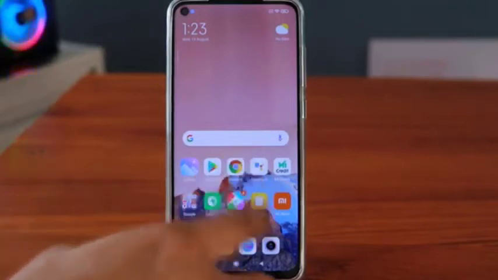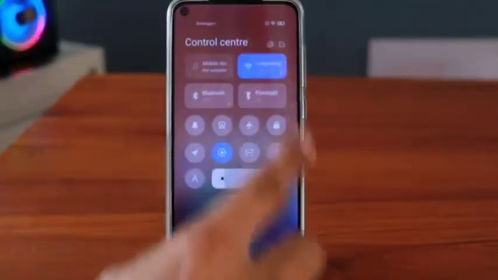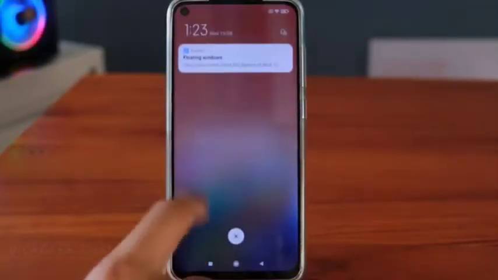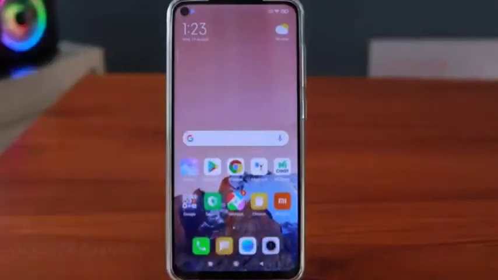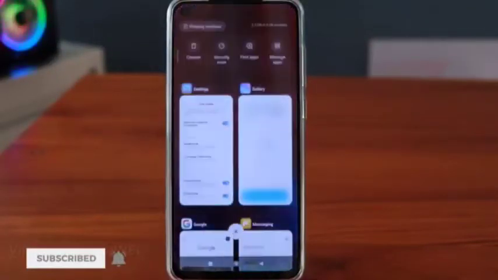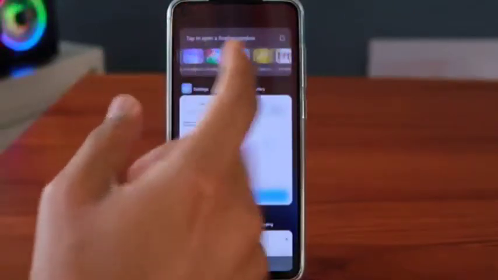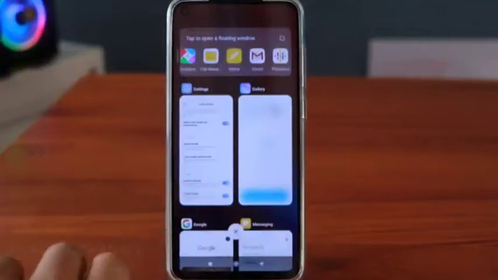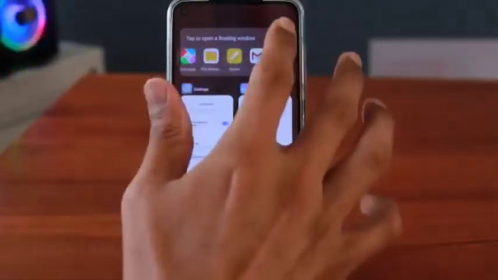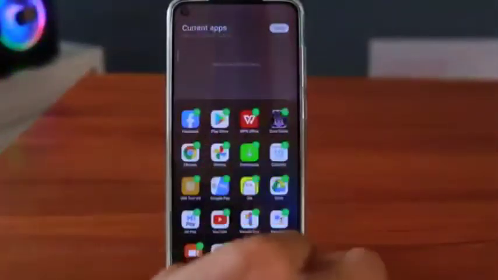So this is the MIUI 12 version. I just got the update on the Redmi Note 9, and as you can see you have the control center over here. If you just swipe down from here, you'll see the notification bar. Now with the quick replies, they have changed the floating windows. You can just go ahead to recent screen and here you will find floating windows. If you just tap on that, it will ask to open the floating window for the apps. So whichever app you want to open, it has a floating window, or you can just go ahead and edit it here, like what are the applications you would like to add to the floating windows.